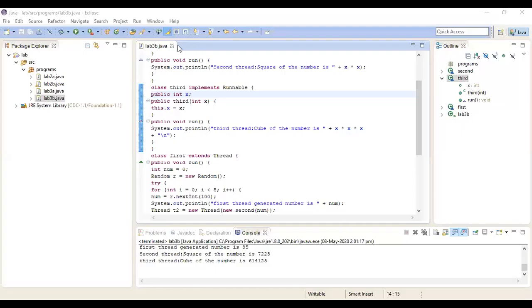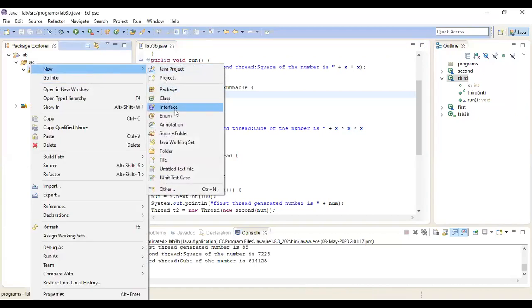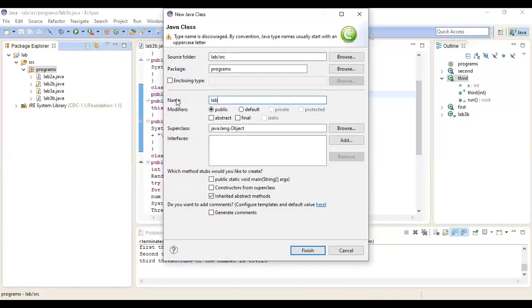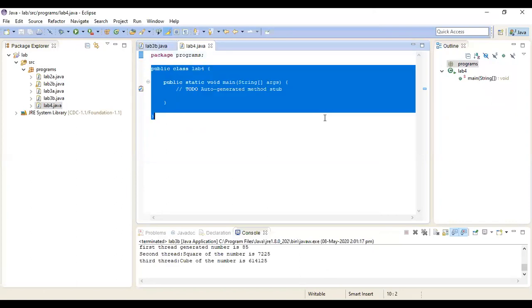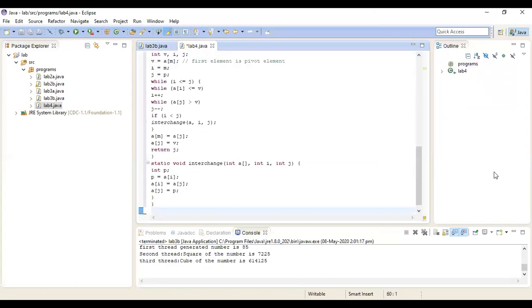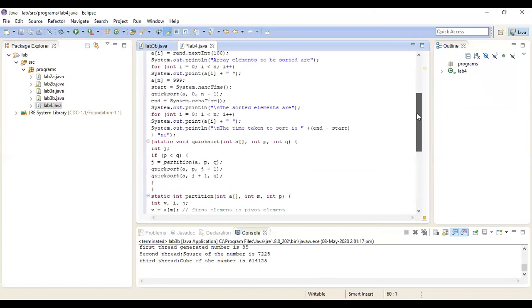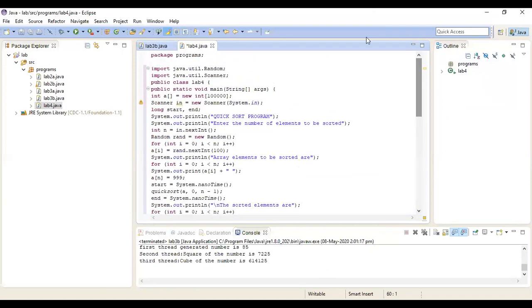So here I'll create a new class. Here I have an integer n.